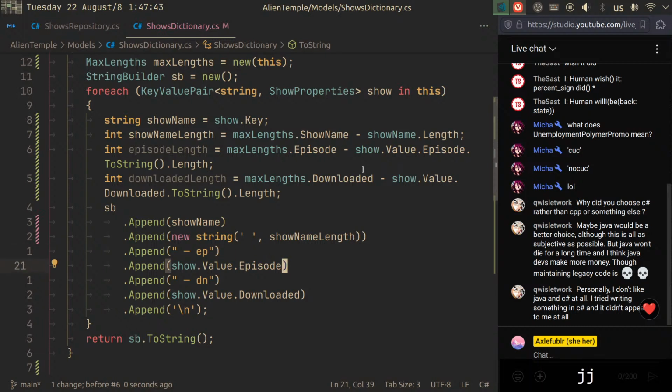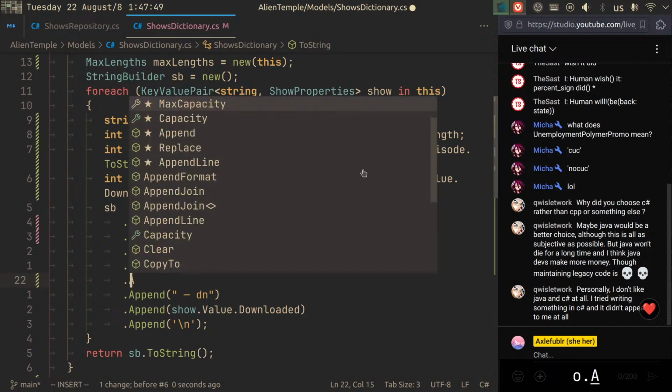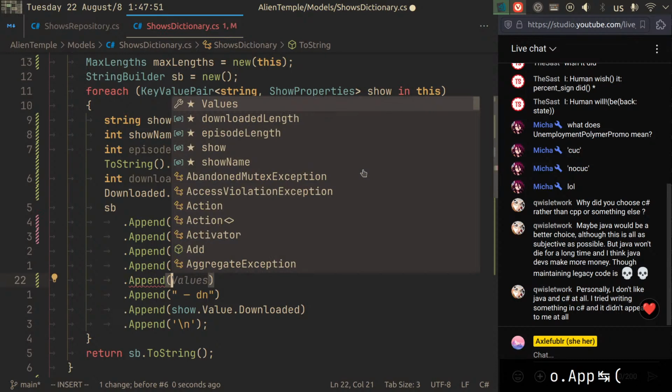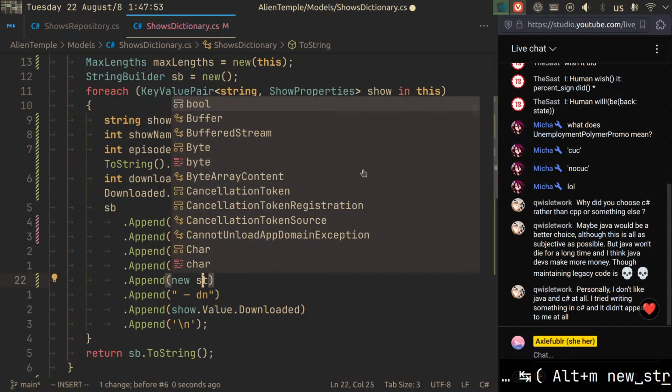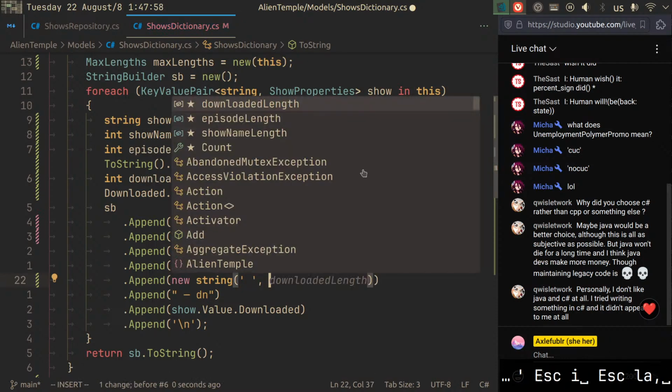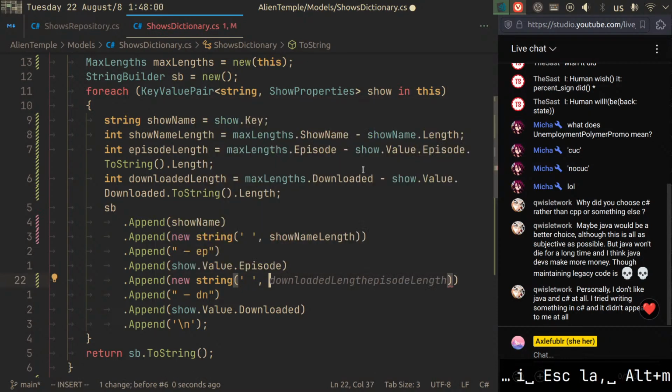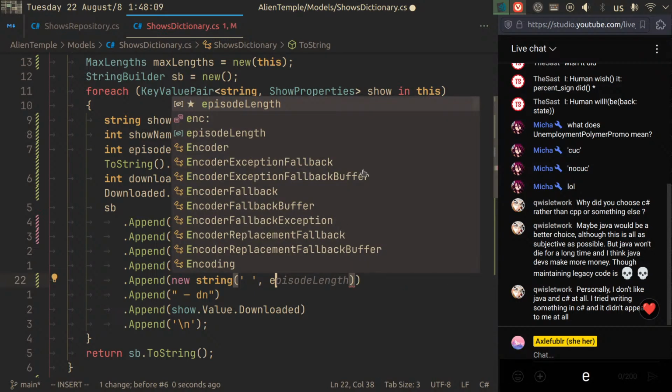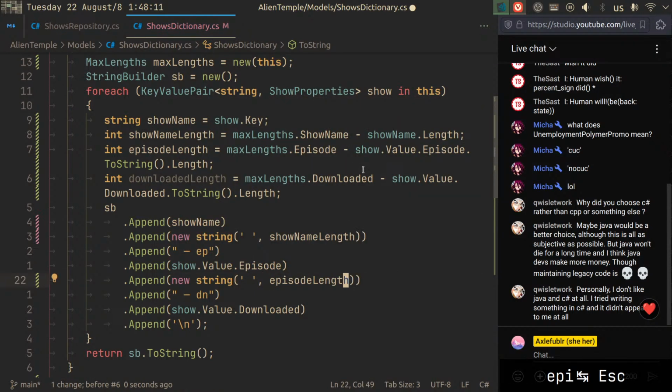And we do a similar thing here, append, and also new string. Hold up, this should be a space. Downloaded length, episode length. Wow. Amazing. Incredible. Episode length. And here,